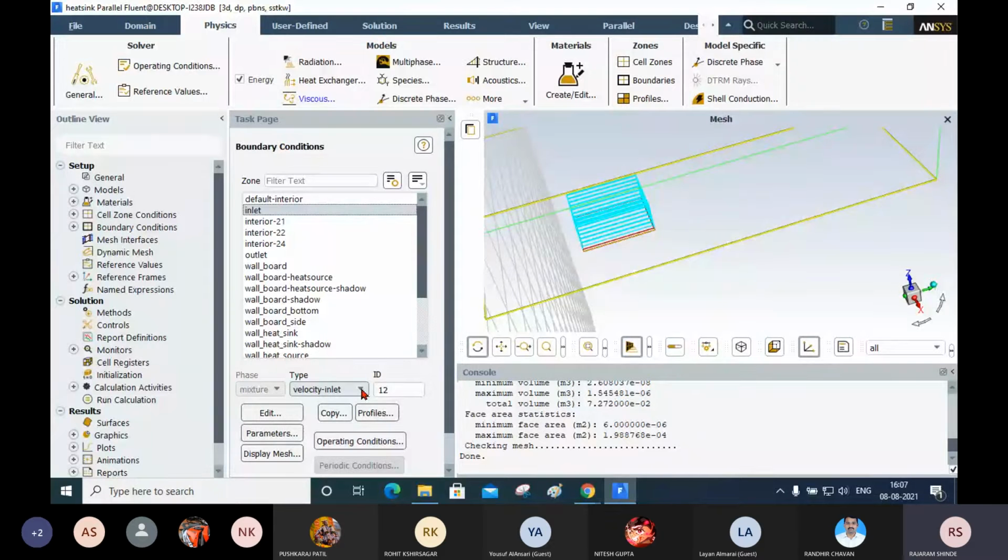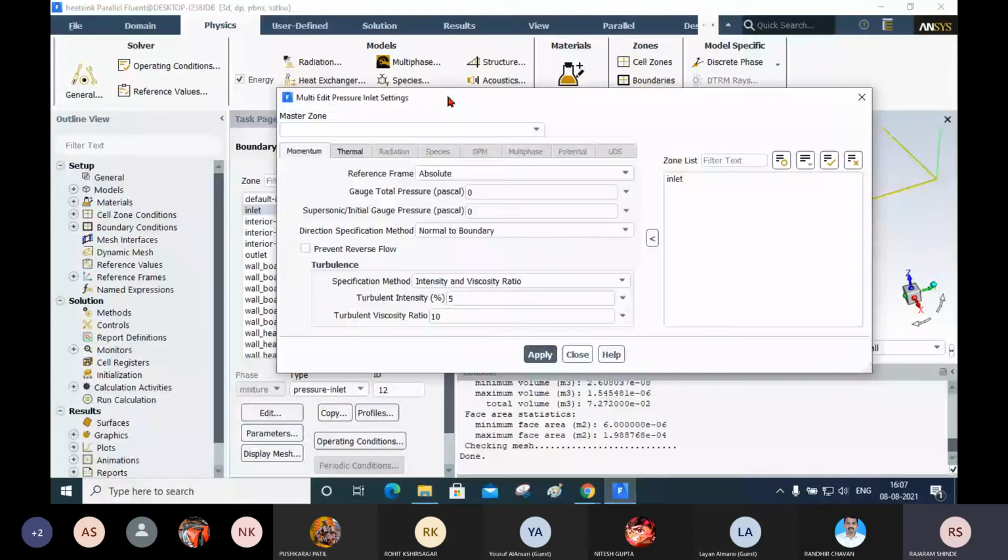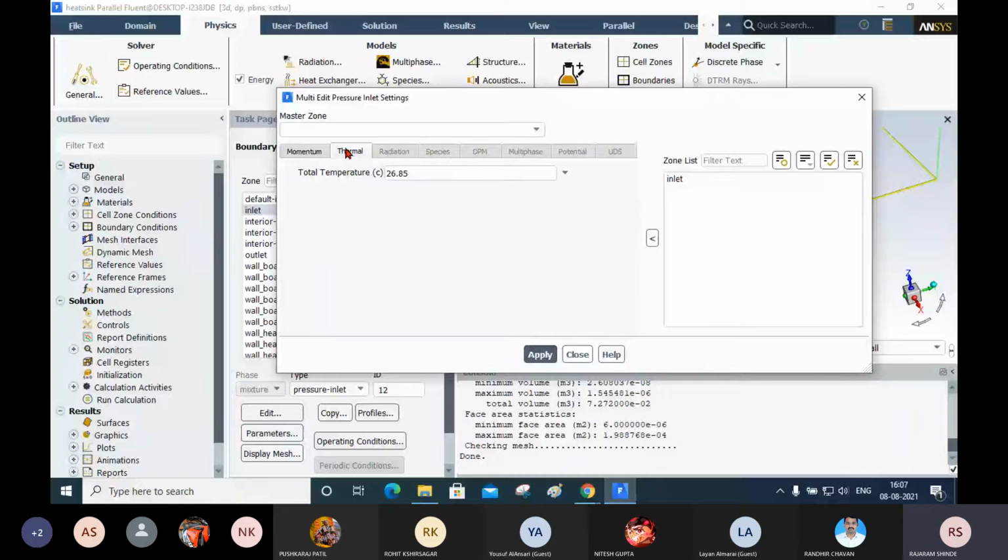So I will go to the inlet pressure. Now when we select the inlet pressure, this window will be displayed. Now you go to the thermal and enter here 45 degree. It is a constant temperature. Click on apply button.